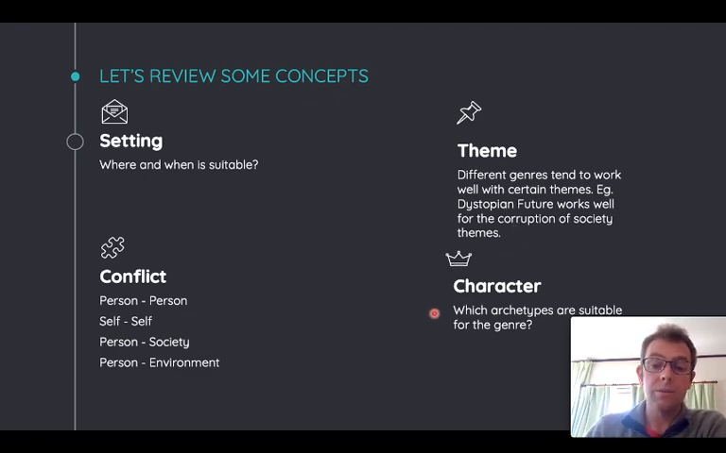And character. What character archetypes are suitable for the genre? So a nice point of contrast is Romeo and Juliet versus Midsummer Night's Dream. We've got the trickster archetype character. In Romeo and Juliet, I would argue that Mercutio is a trickster character, and he becomes one of the forces that drives Romeo and Juliet into the tragedy of the second half of the play through his willingness to engage in violence. On the other hand, in A Midsummer Night's Dream, Puck is the trickster character in that story, and